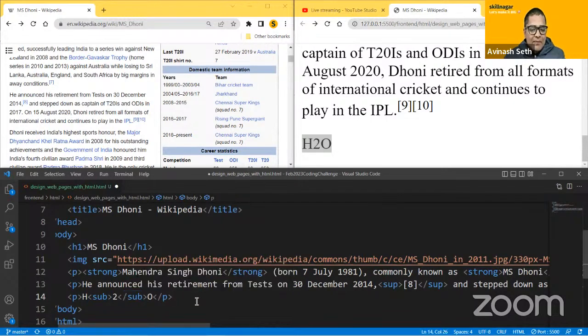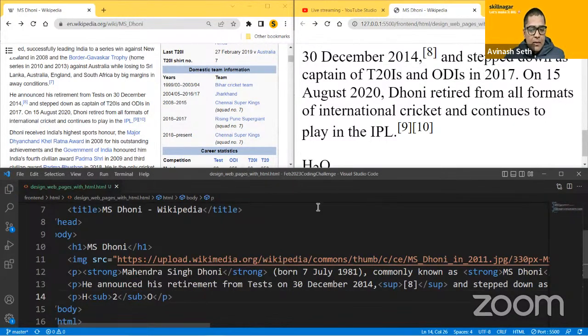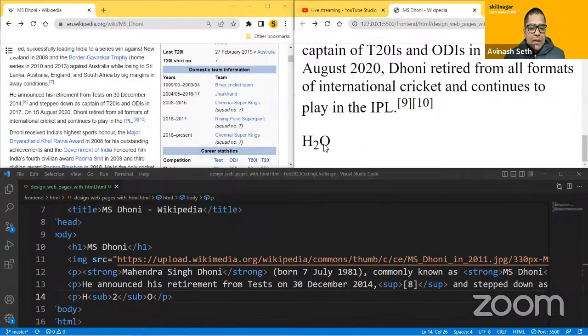Now I will save the file. And now you can see it is looking as H2O. I hope you guys are understanding it.